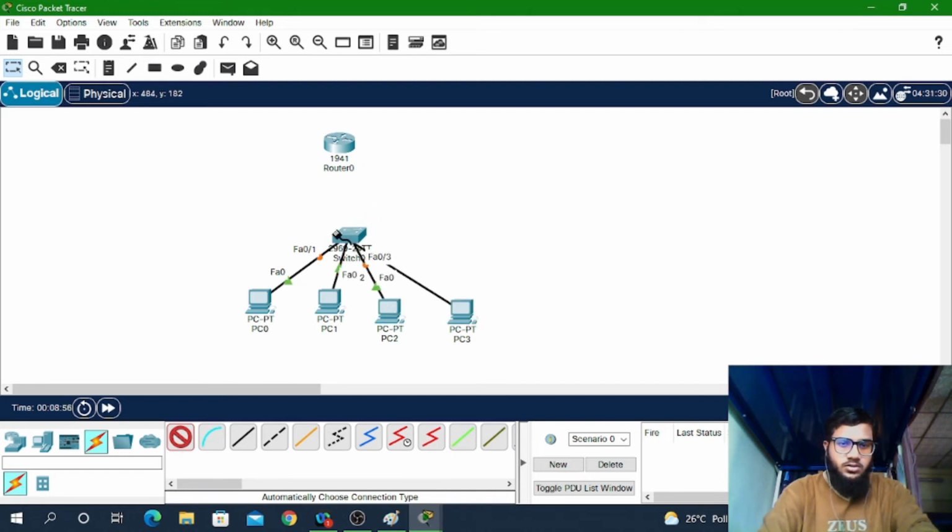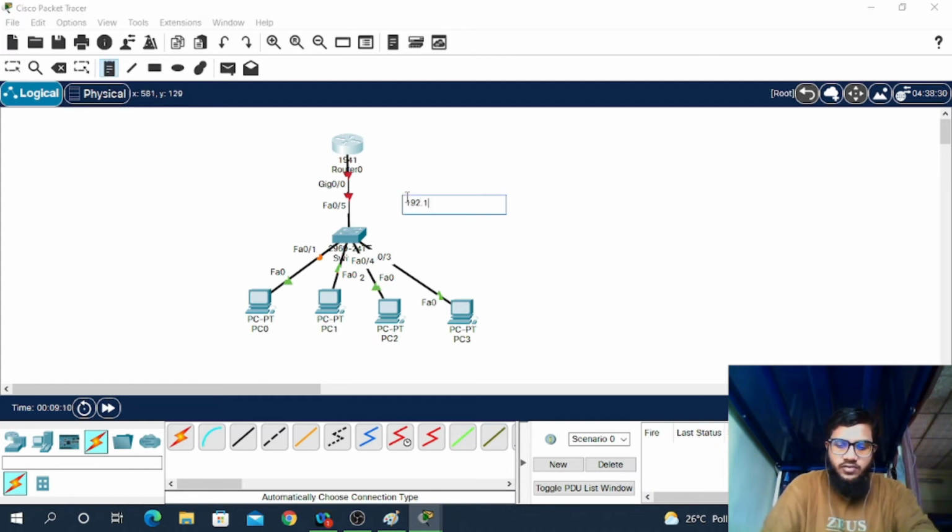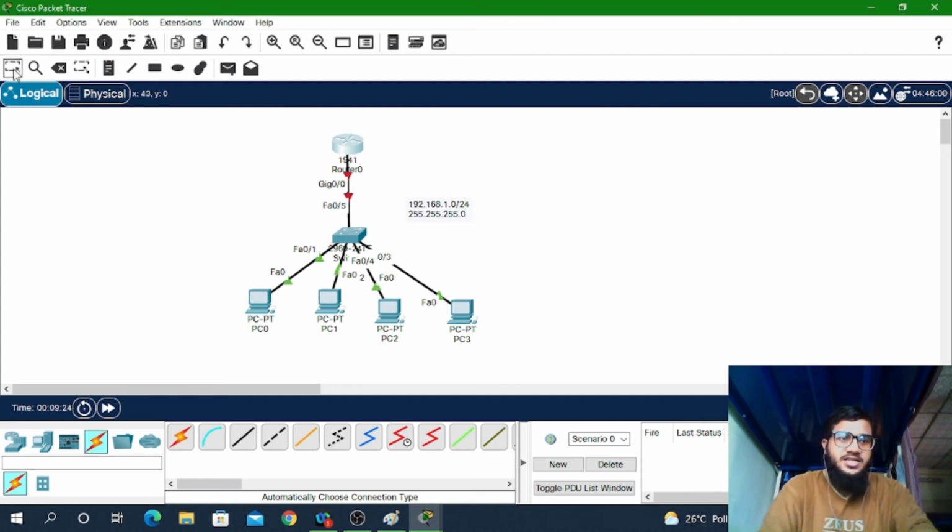So I've connected the PCs with the switch and connected that switch with the DHCP server, which in my case is my router. Now I am thinking of giving IP addresses from the 192.168.1.0 network with a /24 prefix, that is the subnet mask 255.255.255.0. If you don't know what all these things are, please comment below and I'll make a video on IP addresses and how to identify the subnet mask. Here we'll just see how to configure the server. This network's IP addresses will be given to all the PCs.